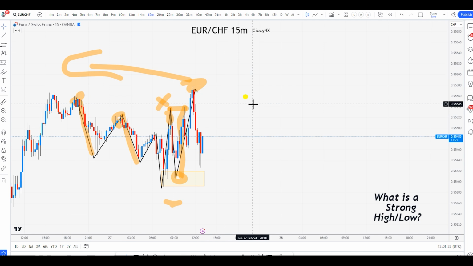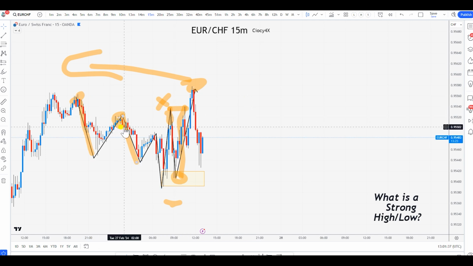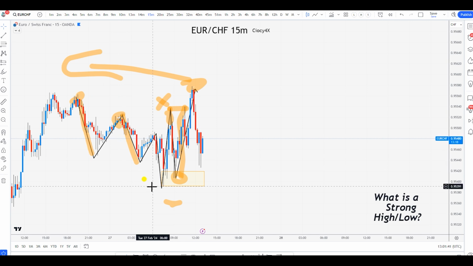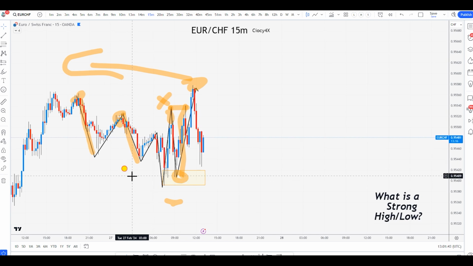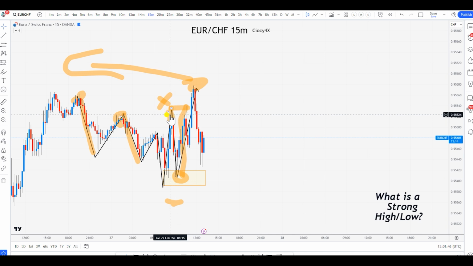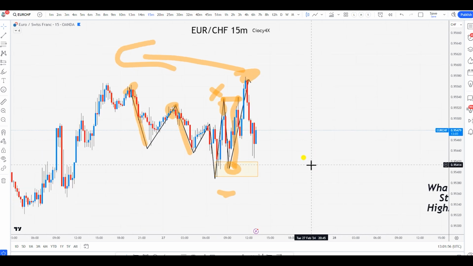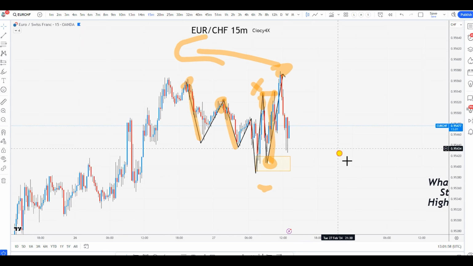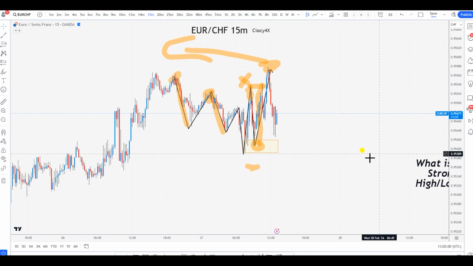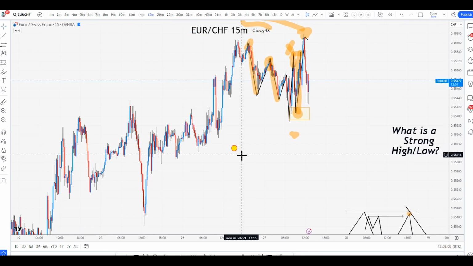Okay, so long story short, the strong highs and strong lows are your point of entry. So you find your strong highs, your strong lows, and you take the trade from there. When it comes to weak high, weak low, nothing complex. It's just a reference as a target. That's it, guys. That's all you need to know. Nothing else, nothing different, nothing fancy, no crazy words. And long story short, if you want my opinion, I don't even use this type of wording in my trading. All I do is use the order flow and the structure.